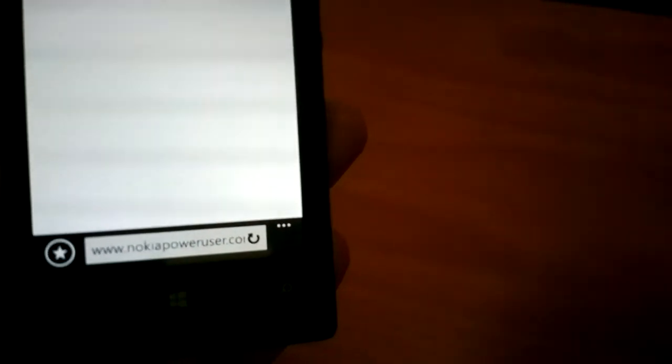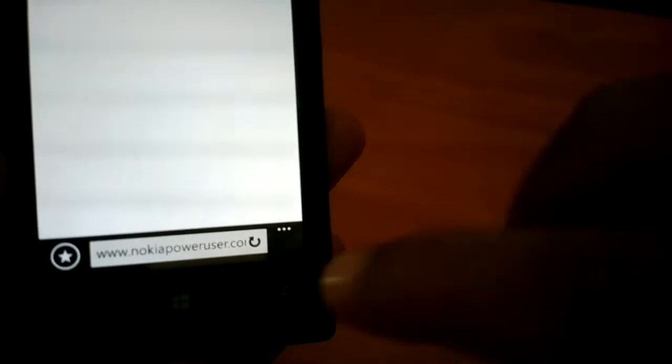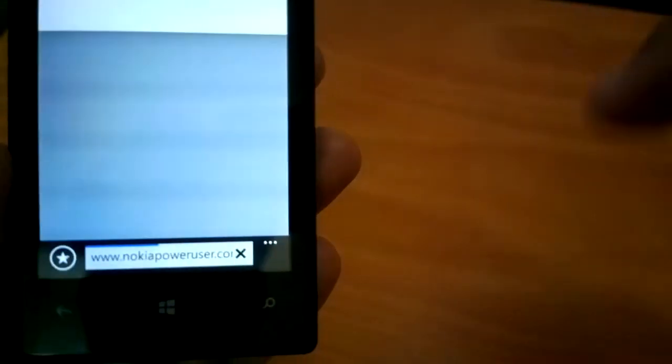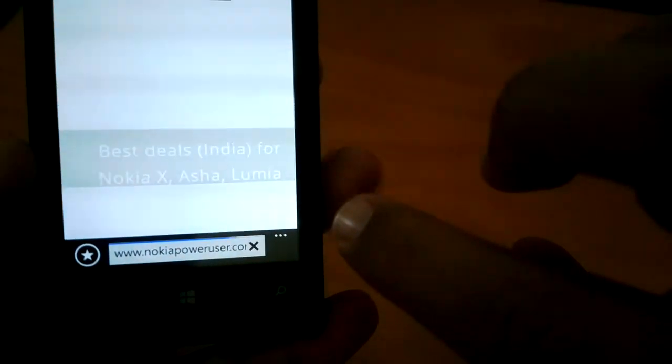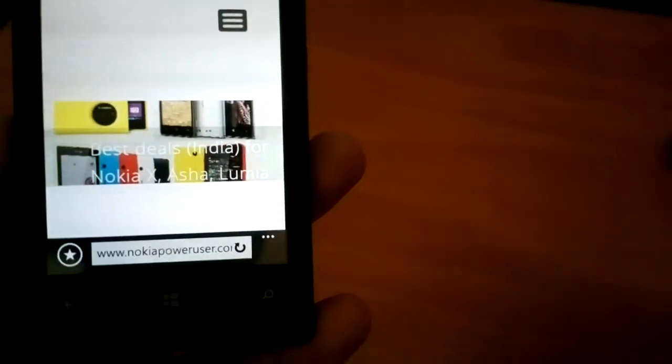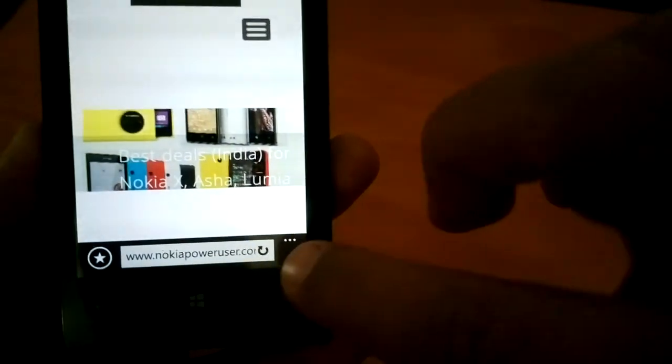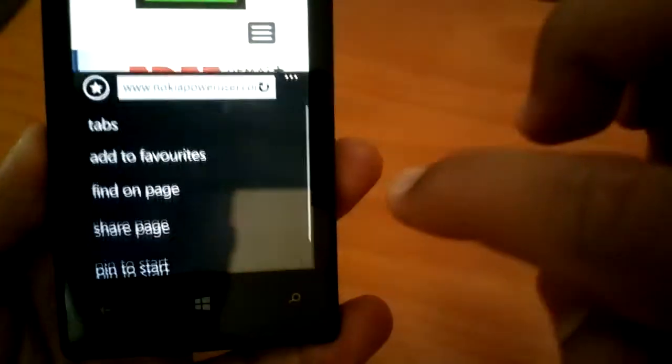So these small icons appear in this status bar. So now you can refresh, you can stop, and this was kind of much in demand, so good that they have provided it now.